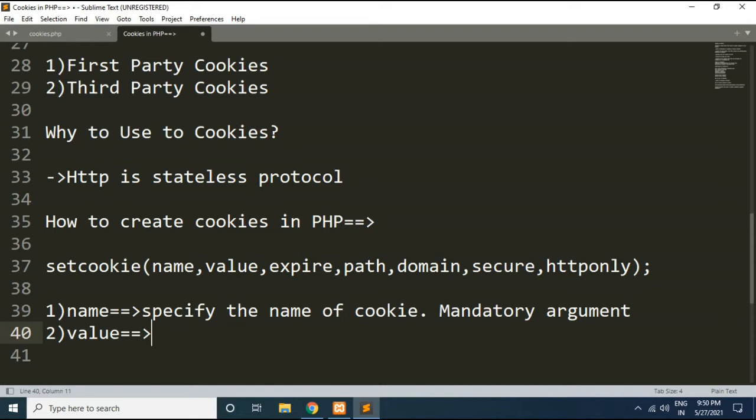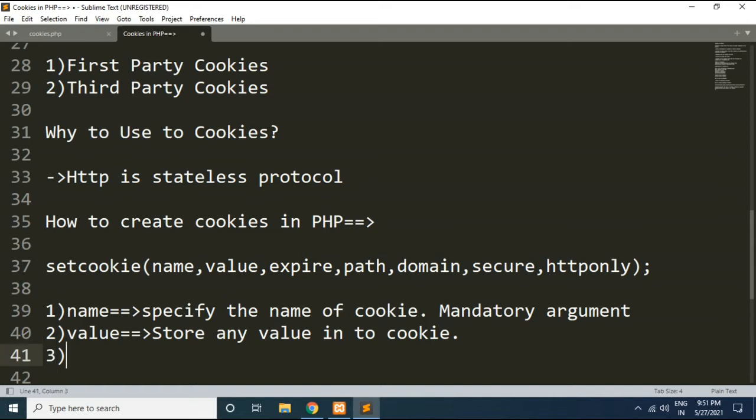This value argument is used to store any value into the cookie. As I told you already, it is generally stored with a name, so there will be a name value pair. Name will specify the name of the cookie with which you can access it later on, and value will store the actual value. You can store, for example, a session ID, a language preference, or a username. Any value you can specify here.